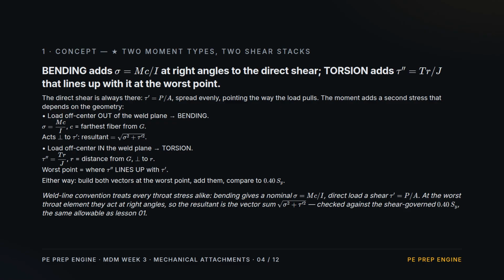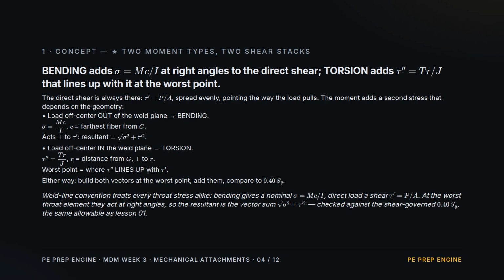Concept 2. The heart of the lesson. The direct shear is always present. Load over throat area, spread evenly, pointing the way the load pulls. The moment adds a second stress, and which one depends on how the load is off-center. If it's off-center out of the weld plane, you get bending, MC/I, at the farthest fiber from the centroid,